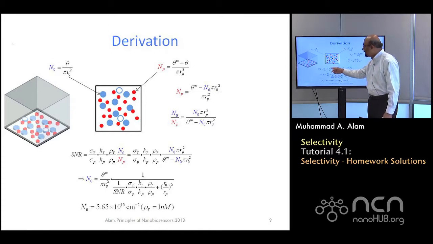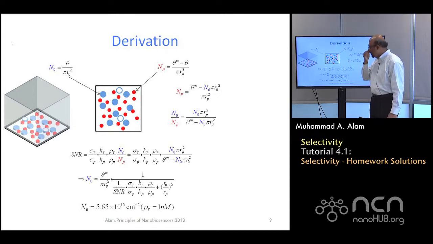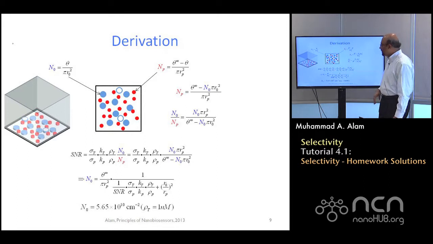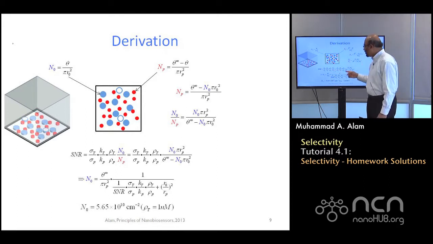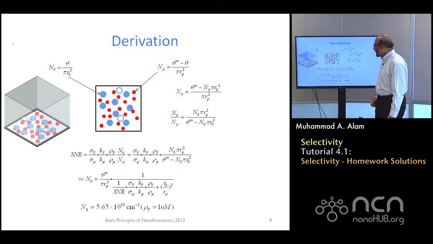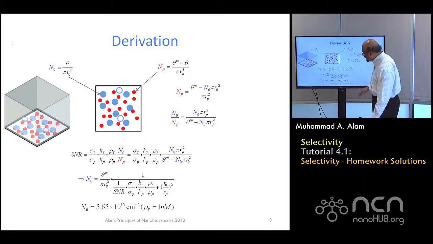And then, of course, there is this initial density of the target molecules. The higher the density, the easier it is for the molecules to settle on the sensor surface. And N naught divided by Np, that's the N naught over Np. So if you substitute this quantity, then you can immediately solve for this value N naught, and you see everything inside here is known.